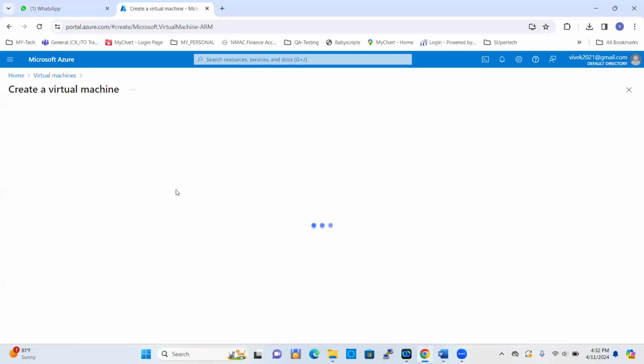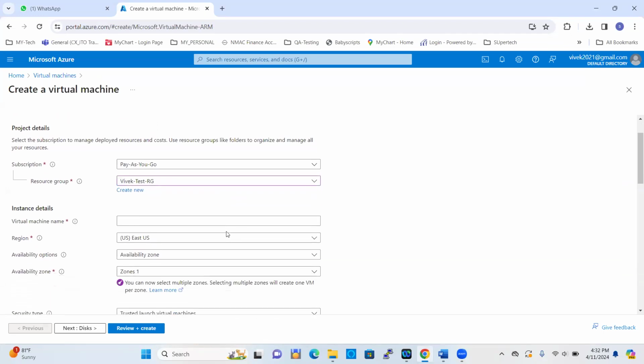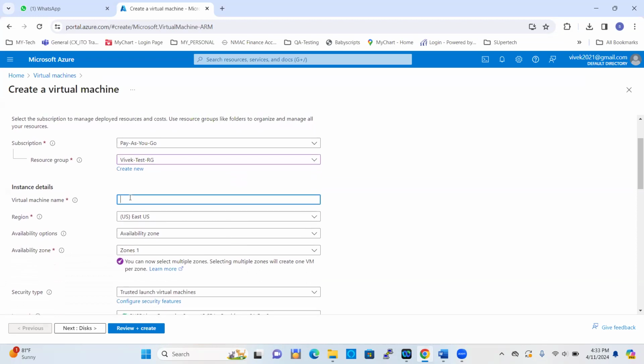देन एज्यूर वर्चुअल मशीन and then so I already created a resource group, so you don't need to create any resource group. Okay, but first time if you are logged in the system, then obviously you need to create the resource group. Okay, so this is the prerequisites. I already created a test resource group. Virtual machine name, we can mention anything like